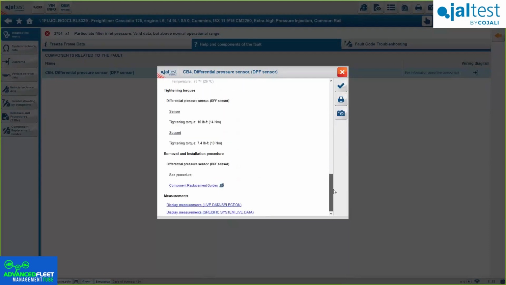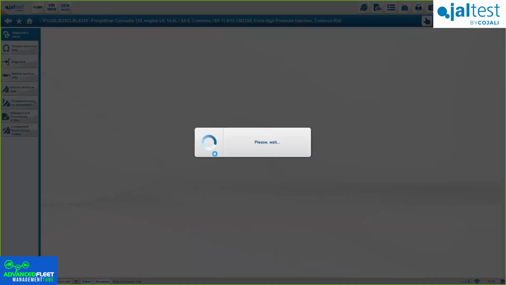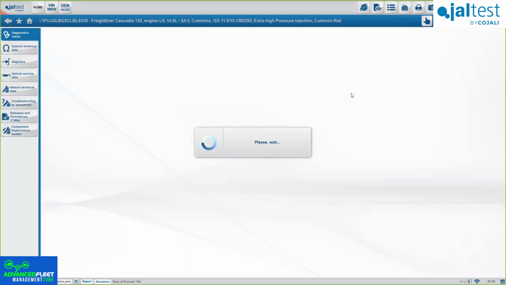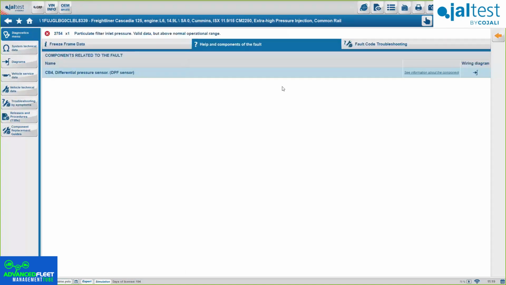Now, we also provide the option, without going anywhere else, just by clicking here, of the component replacement guide, if you have to replace it, or the live data, okay? Let's say you want to check the data related to that component. You can just click on the hyperlink below, and it will take you directly to that data without having to look anywhere else in the software. Okay, since we are in demo mode, you see this is changing, but it should remain static if we are connected to a real truck. We click on the check mark and we go to the exact same spot we were at before.